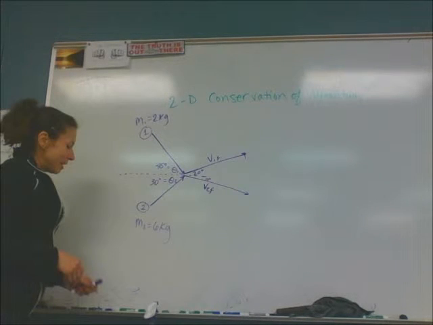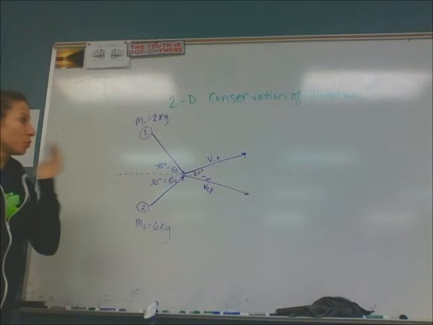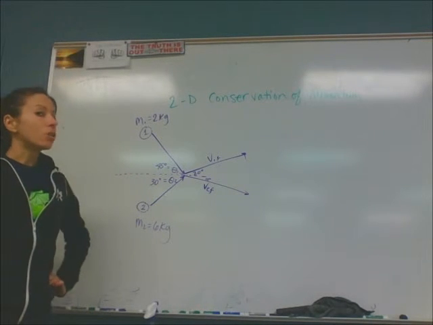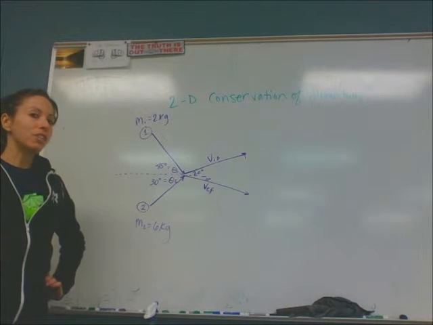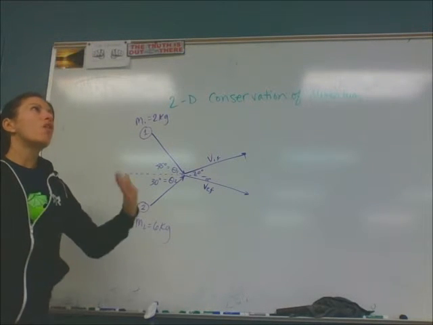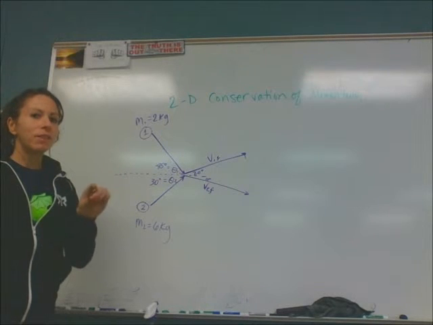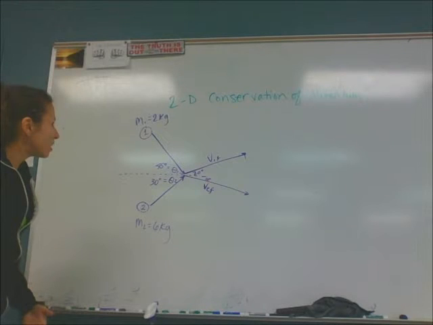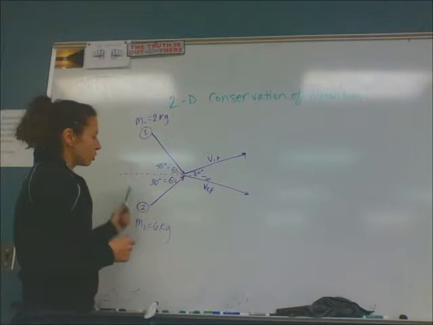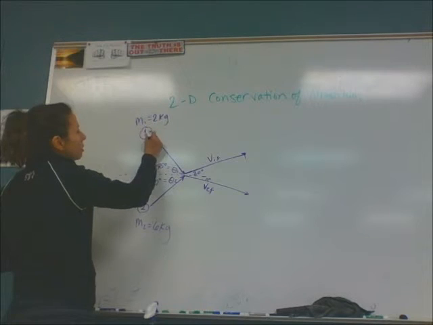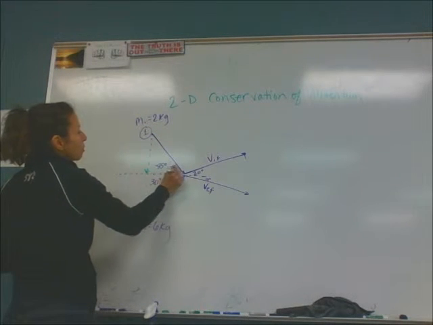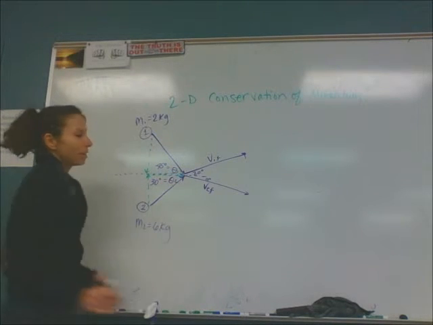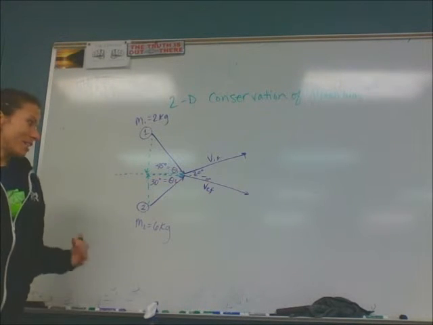So same thing, we have two conservation of momentum equations, and the way you go about doing them is the same, but the difficulty level is different now. Okay, because each one of these initial momentums for each one of these objects now has two components. It's got an x component and a y component for M1, and an x component and a y component for M2. And so you have to deal with those and consider that they both have momentum in the x direction to start with, and they both have momentum in the y direction to start with as well.